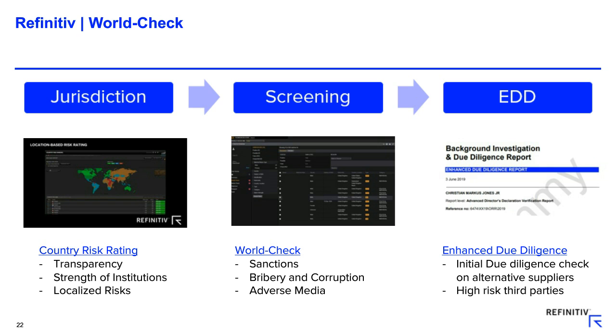The second area where Refinitiv can really help is obviously in the screening. And I know, Linda, you mentioned a little bit earlier when I asked you about screening, how are you going about it? You mentioned World-Check. Obviously, World-Check is one of those tools from a data input, a screening, an ongoing screening perspective that you can use to look at those regulatory angles, understanding who your suppliers, your distributors, your resellers are, looking at if there's any particular sanctions out against certain countries, certain individuals or owners, looking at it from that bribery and corruption index.